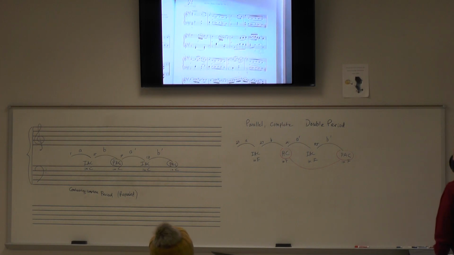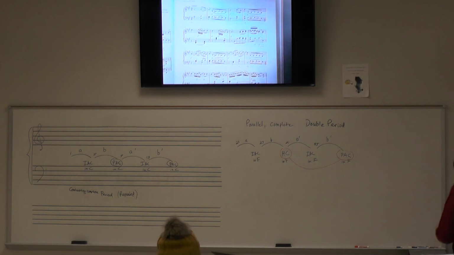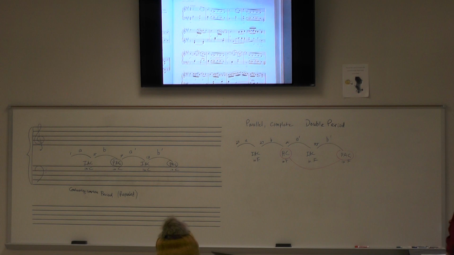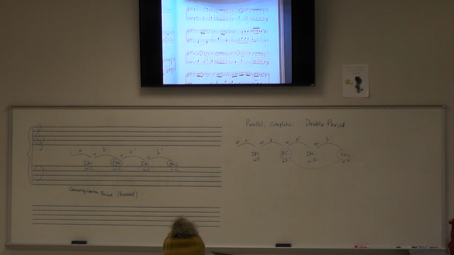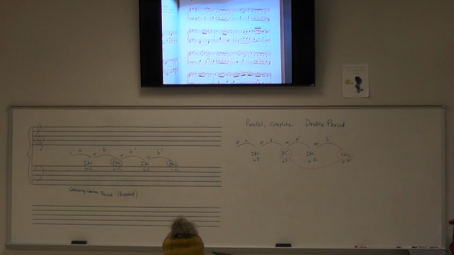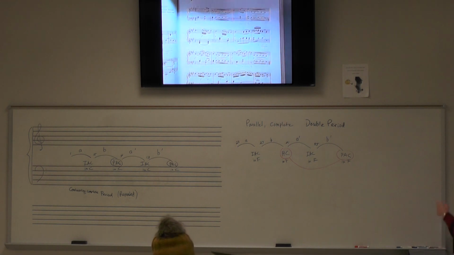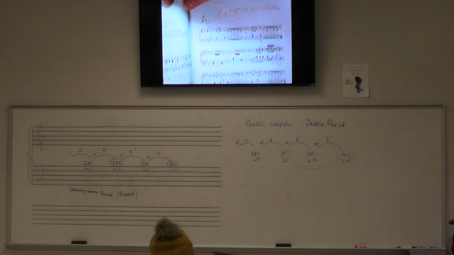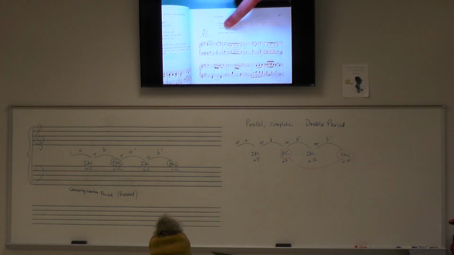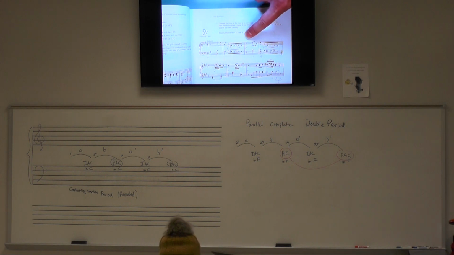Now, in order to listen to these two examples that I'm giving you for homework, I would just go to YouTube and listen to them there. This is from the Mozart Piano Sonata, page 284. It's movement 2. You see the Roman numeral 2? It's probably hard to see, but it's the second movement. So just type K284, movement 2, into YouTube and you'll get something.